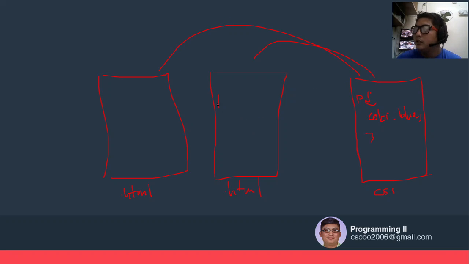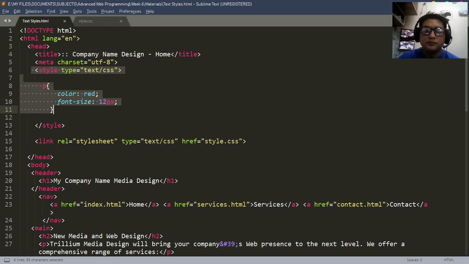But what if the paragraph inside HTML number 2 should be a different color? So how do you do that? Since this particular rule applied to that paragraph, and you want to modify the paragraph inside document number 2, there are several ways we can do that. The most common way is to create your CSS rule inside the document itself and create a rule. We call that embedding,